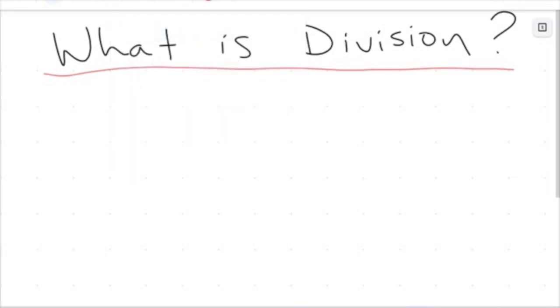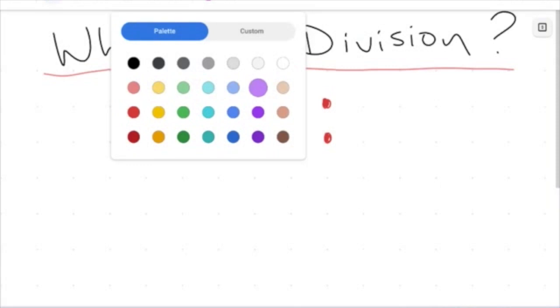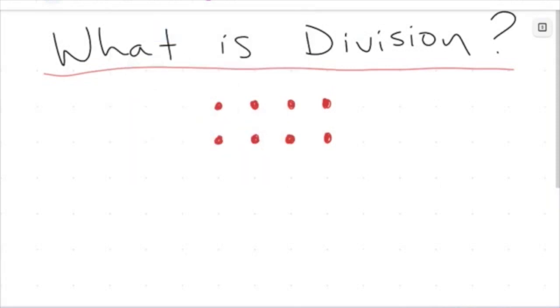So say I have 8. Let's say these are coins, for example. Let's say I have 8 coins and I'm looking to divide these. Now, what we mean by division is splitting a number up into equal pieces. So, for example, if we were to take these 8 coins and we wanted to divide this